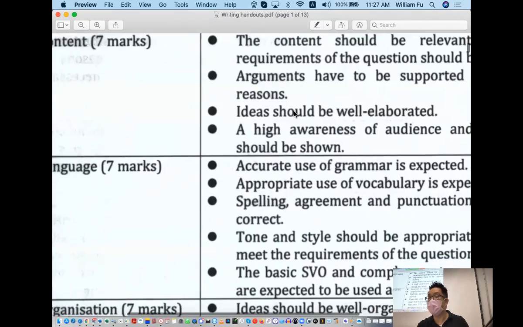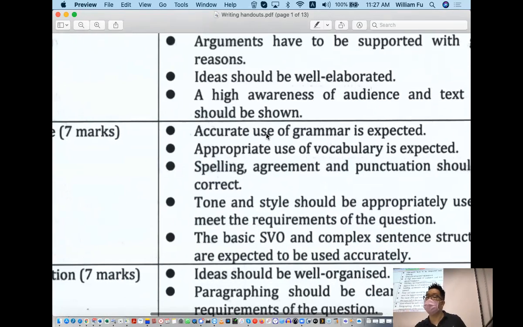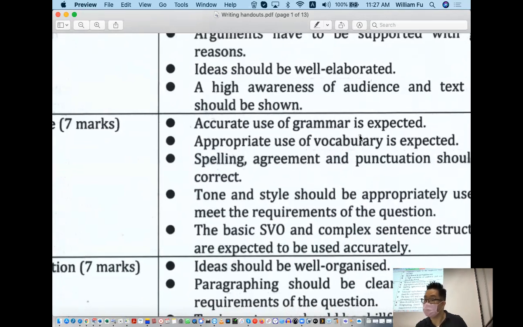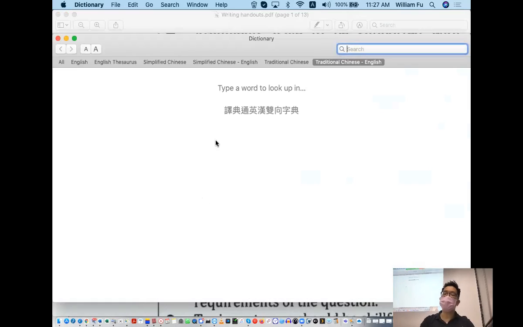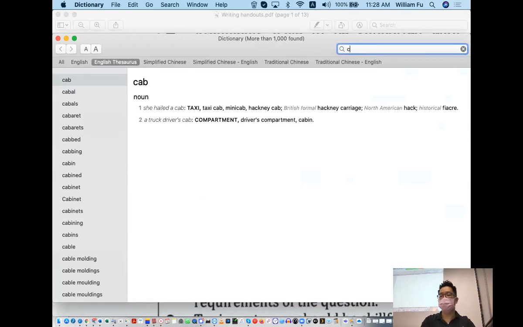7 marks. And for language, you need to make sure you use the grammar accurately. And the vocabulary should be appropriately used. Now, what do I mean? I don't know whether I told you or not. In the past, I had some CMI students. You know CMI, Chinese medium school. And you know what he did? Let me show you. Now he wanted to use this word,